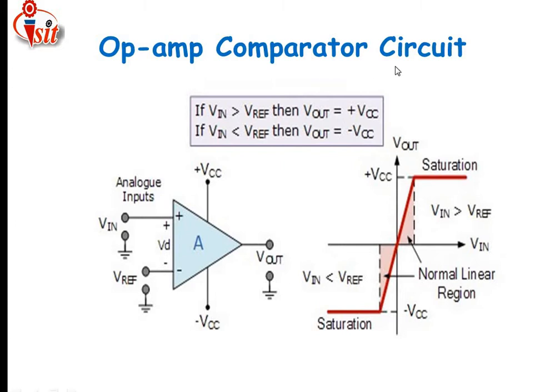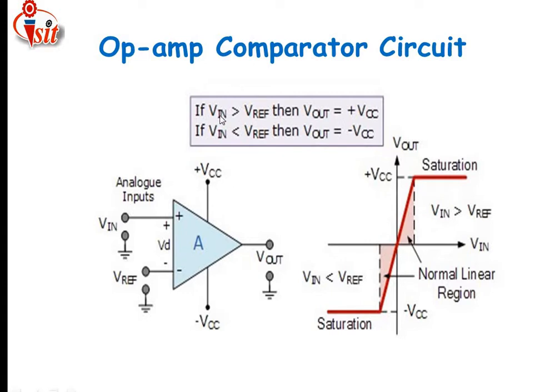Along with that, the op-amp comparator circuit. Just see here, I have shown the op-amp comparator circuit. Just see detailed information about that. In that op-amp comparator circuit I have given the input to the positive terminal, the non-inverting terminal of the op-amp, where the input voltage is applied, and another voltage called the reference voltage. That reference voltage is connected to the negative terminal of the op-amp, that is the inverting terminal. Similarly, like every op-amp, here also I have connected VCC and VEE supply, and here I am measuring the output voltage, and output voltage is nothing but the voltage difference between the two input terminals.